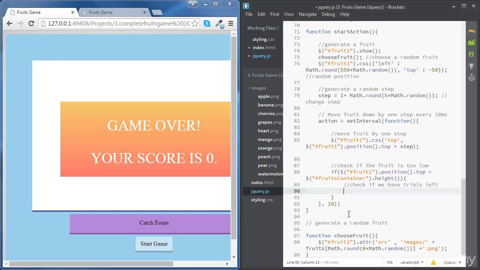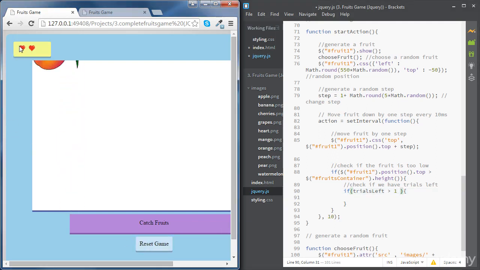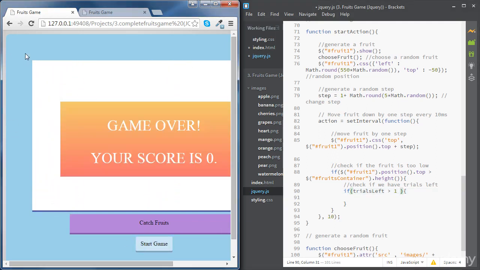So if we have trials left, which means that the trials left variable is greater than 1. That's because once we have only one trial left, it includes the current one, and that's when we get game over. So if the trials left are strictly greater than 1, which means that we've got 2 trials left, including the current one, or 3 trials left,